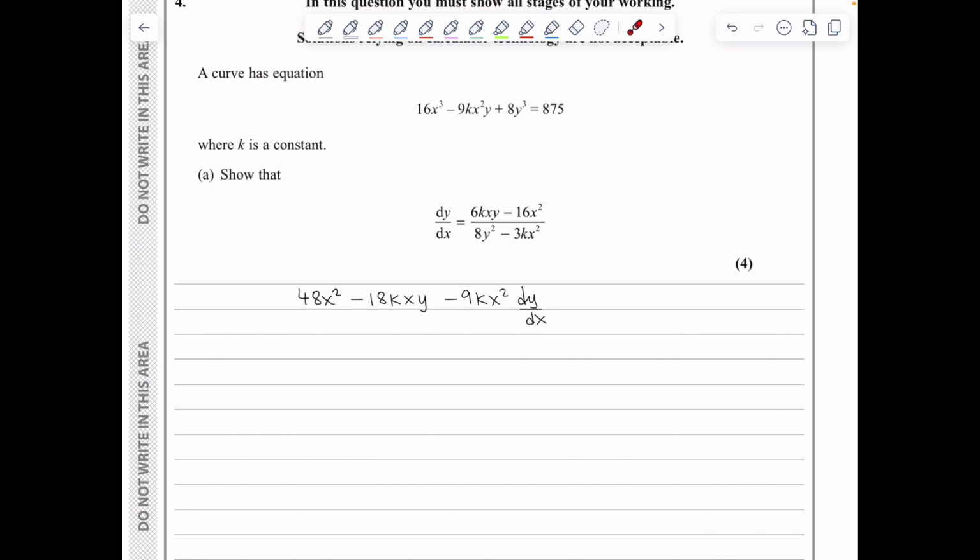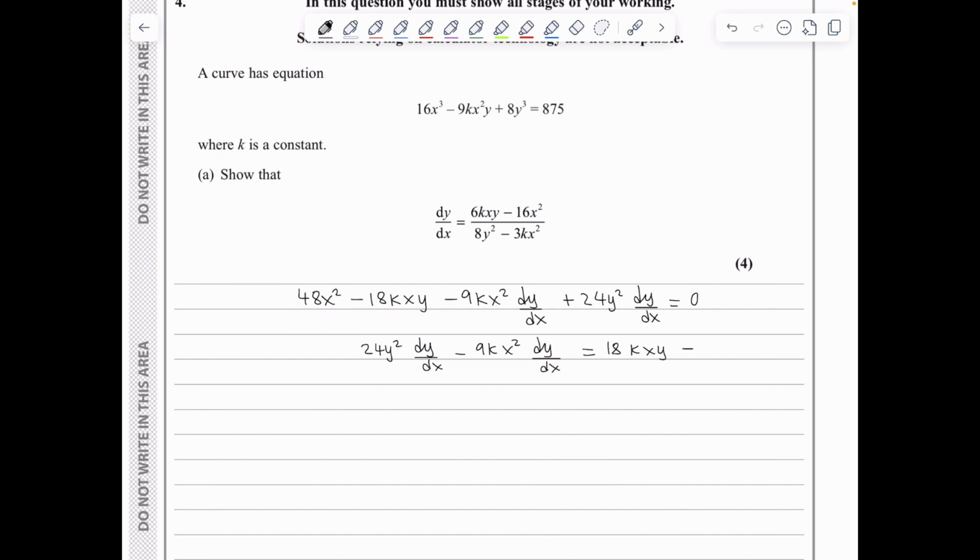And then for the derivative of 8y cubed, it's going to be 24y squared dy/dx, and then the derivative of 875 is simply 0 because that's just a constant. So we're looking at 24y squared dy/dx minus 9kx squared dy/dx is equal to